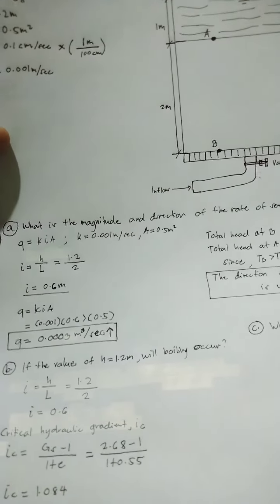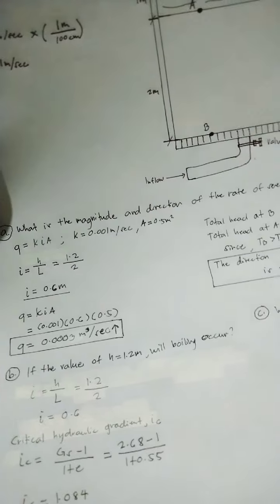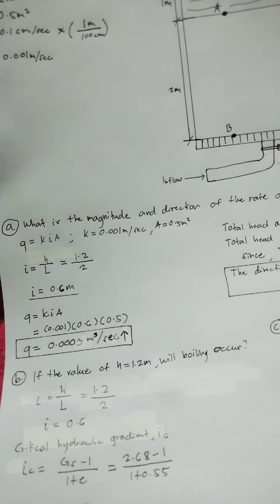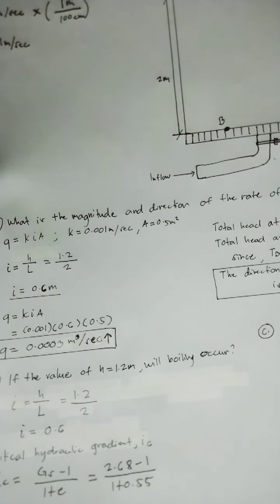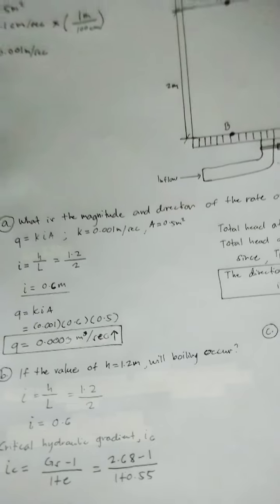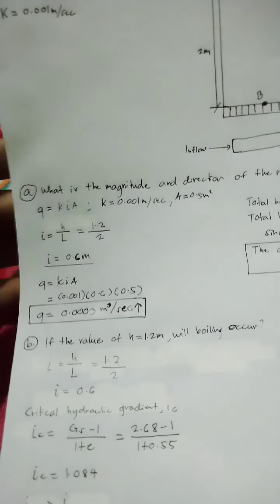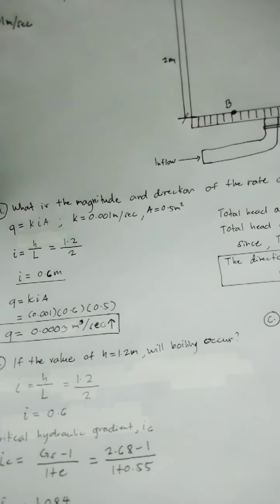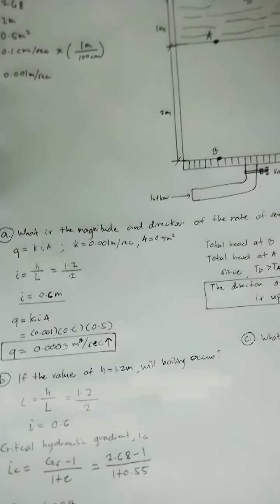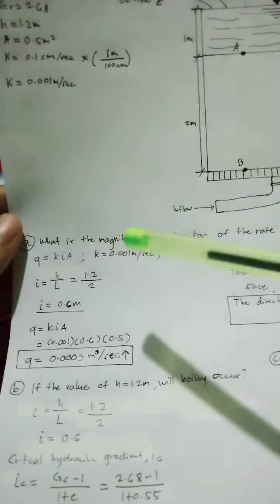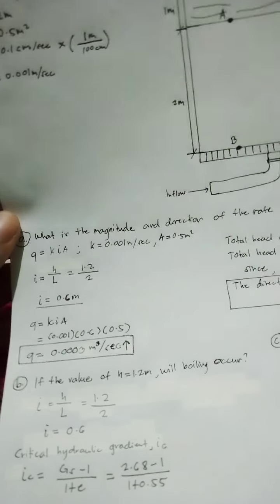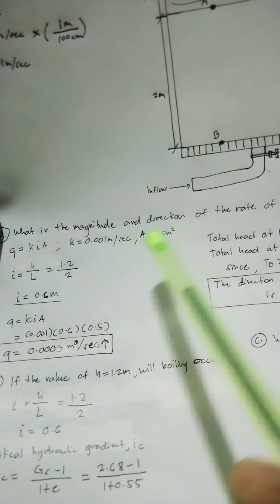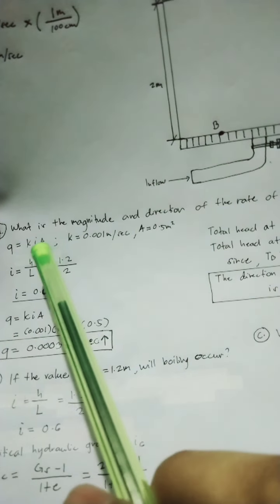Then the first question is, what is the magnitude and the direction of the rate of seepage? As I have learned in the previous topic, the formula for getting the magnitude of the rate of seepage is Q, the rate of seepage, equal to the hydraulic conductivity times the hydraulic gradient times the area. Since the hydraulic conductivity and the area are given,